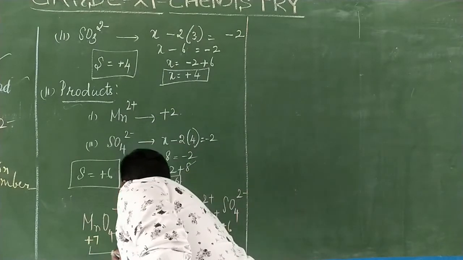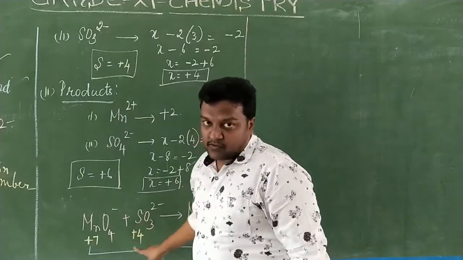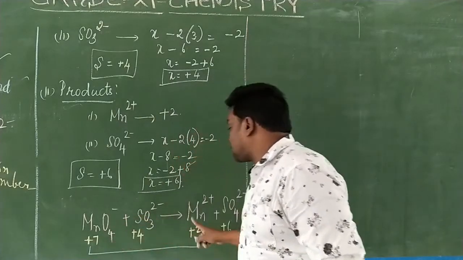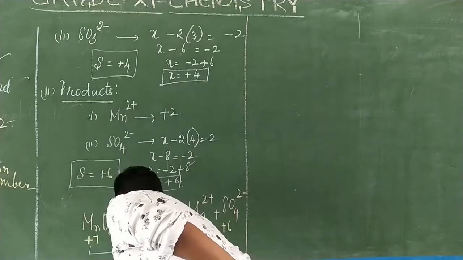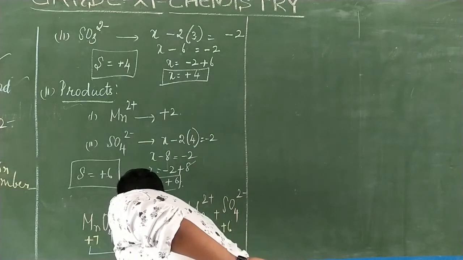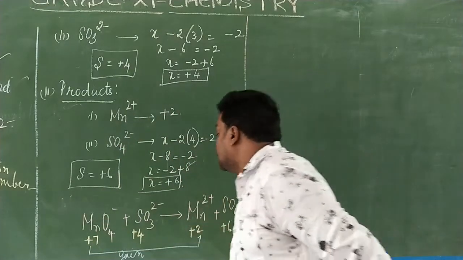So what is happening here? Here there is a decrease in the oxidation number, from +7 to +2. So there is a decrease, which means Mn +7 has gained electrons, so then it becomes +2. So gain of